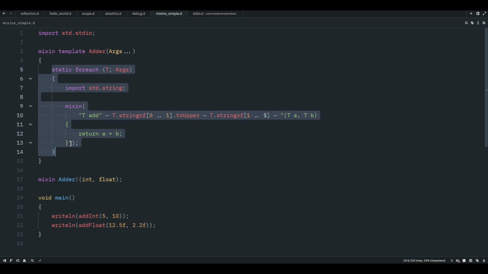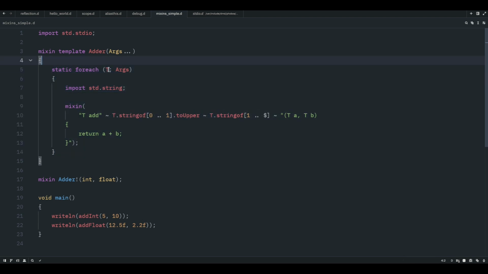And at compile time, we can loop over these types, which is something C++ cannot do. And for each type, we are doing something called a mixin. A mixin basically allows you to use any string to write the code. And at compile time, D will take that string and will attempt to compile it where you wrote the mixin. So, keeping that in mind, we define a function with the return type of T,